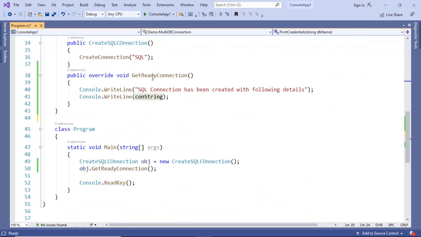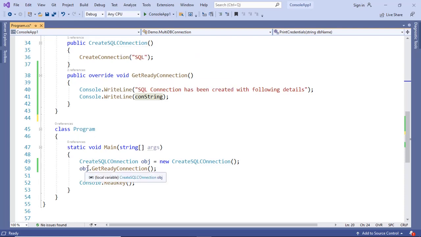Now I'm calling this method get ready connection. Now this is a general method for this class, because that method was abstract in the abstract class, but now we have provided the implementation of this method in this class. So this is a general method. So we can call this method through the instance of this create SQL connection.